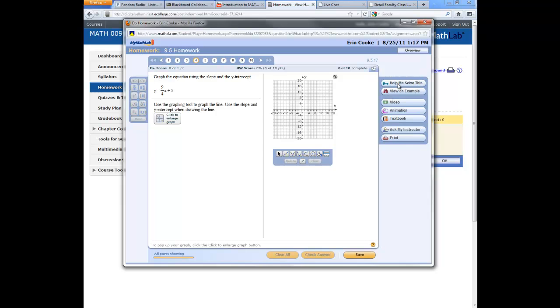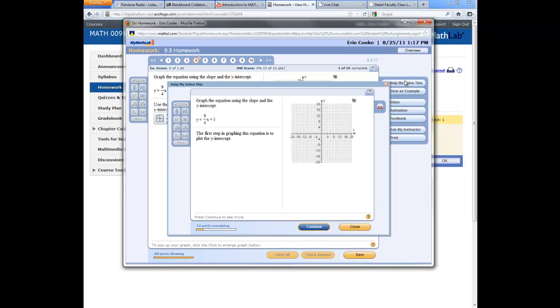Another button is Help Me Solve This. Now, whenever you use Help Me Solve This, it's going to help with this exact problem. You have this pop up in front, but notice there is a red X over problem number 4 now, because I hit Help Me Solve This, it will walk me through that exact problem. So it will take me step by step, just like View an Example, only I have to participate. It's going to ask me to fill in different parts. So for here, our answer would be 5, and you will check your answer to make sure that you did get that correct. And then it will continue through